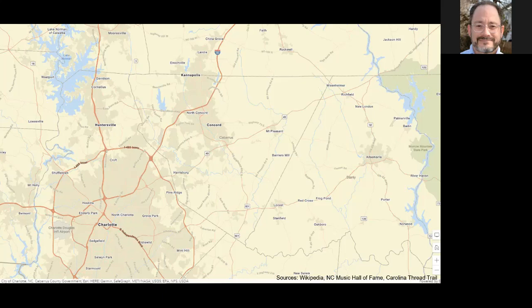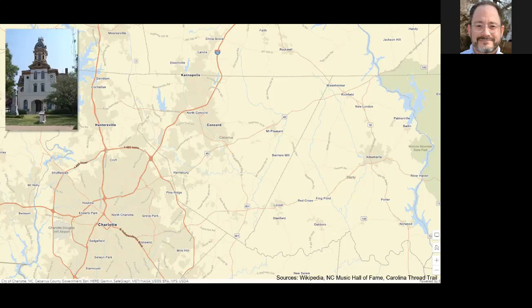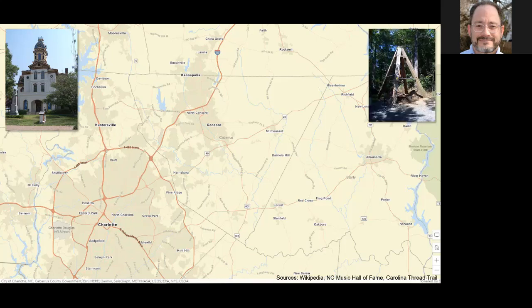And it's got quite a few things that make it stand out and give it its own identity. Concord does have a historic center. Again, that's the county seat. It's known as the home of the Reed Gold Mine. A lot of people don't know this, but this is the first gold discovery in the United States. It happened at the Reed Gold Mine in 1799, and it led to a gold rush in North Carolina.